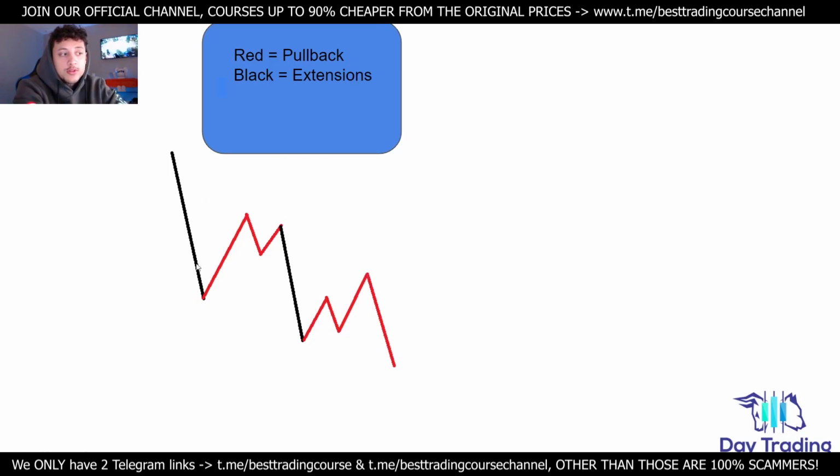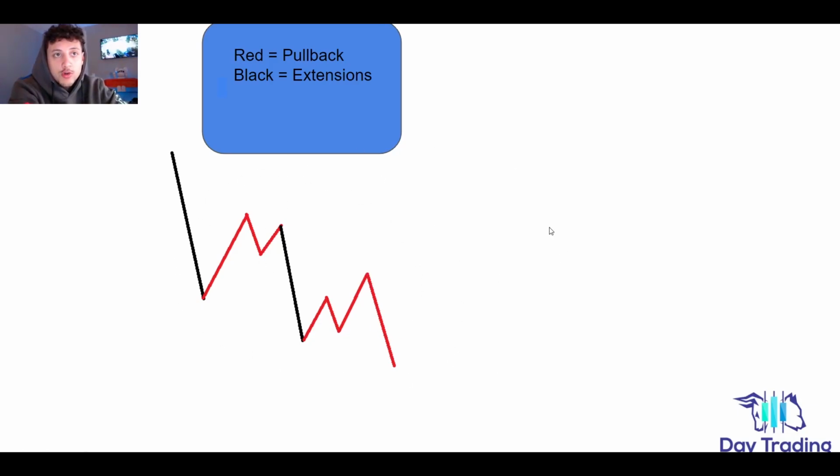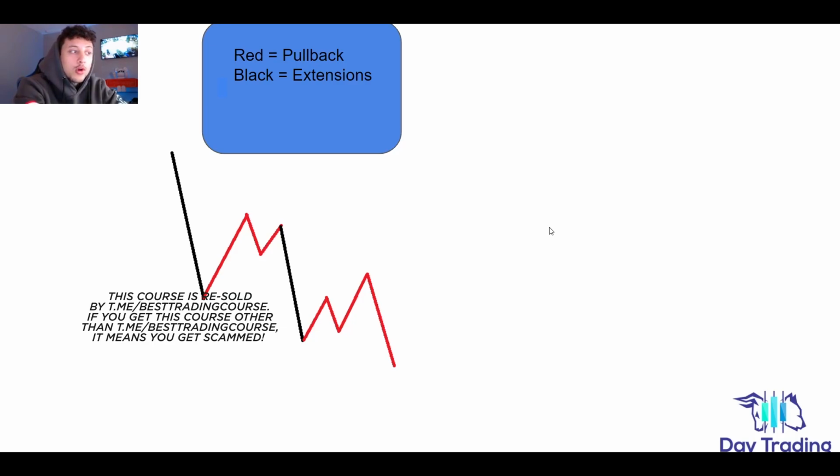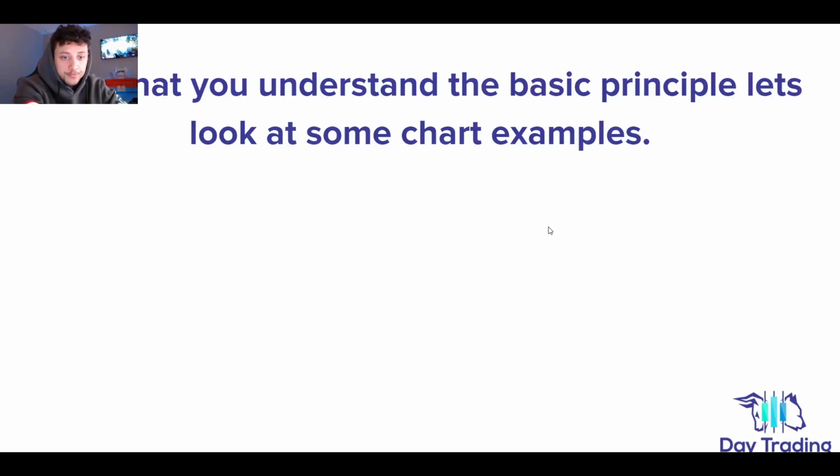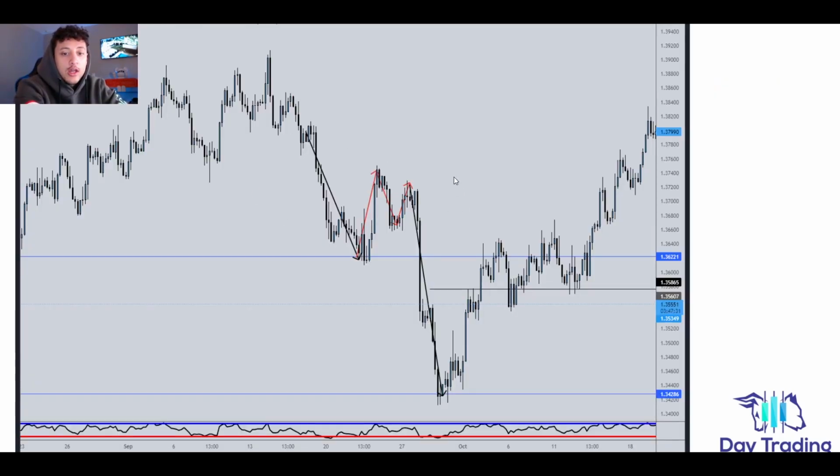These are just two examples of complex pullbacks, which aren't too common, but they're definitely way more common than the breather pullback. Now that you understand the basic principles of these types of pullback, let's look at some chart examples. So here's an example of a complex pullback where you see price go to the downside here, a pullback, a move down, a pullback again,